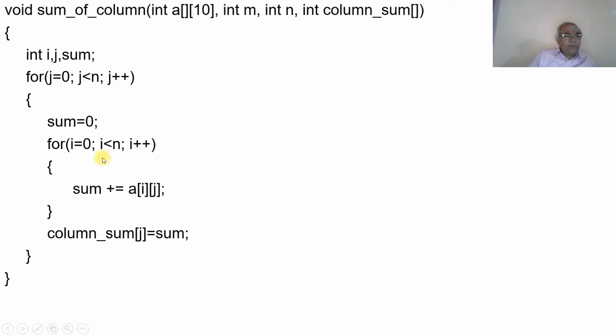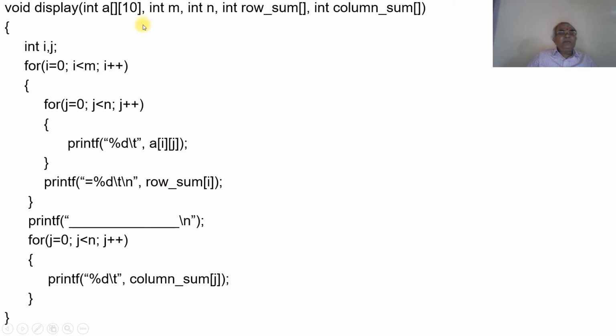So here I should be less than m, it's not n, it should be m, yeah, it should be m, I plus plus, sum plus equals a of ij. So in this way it will write the column wise also,